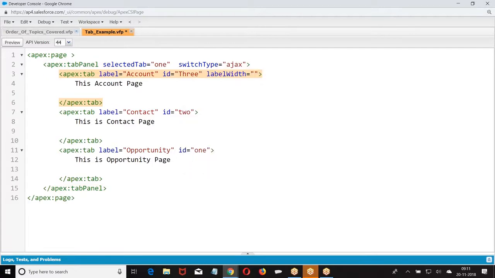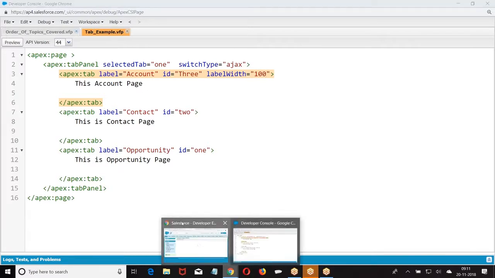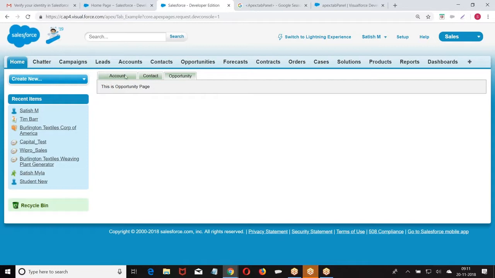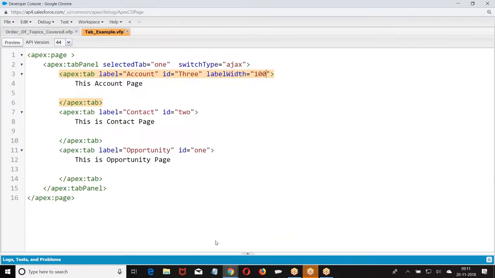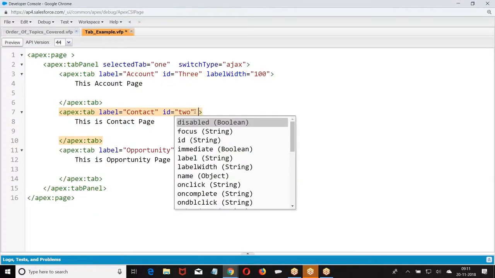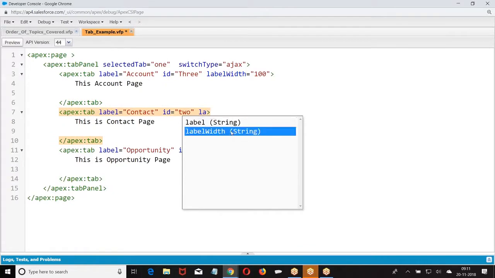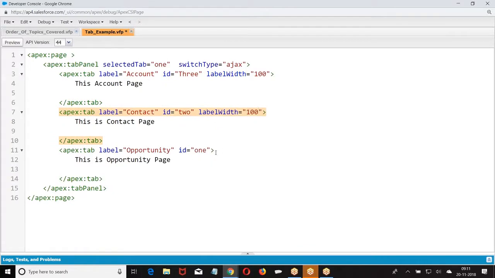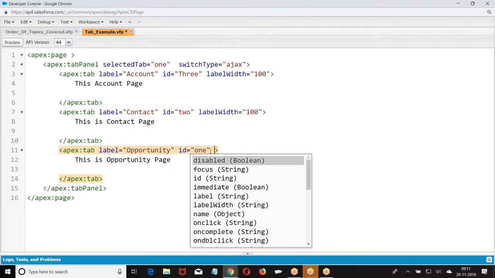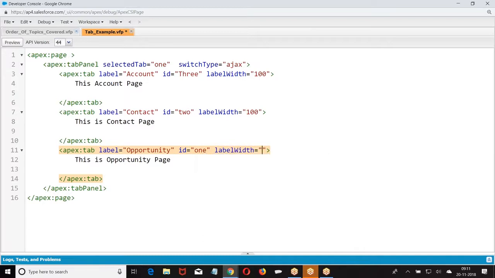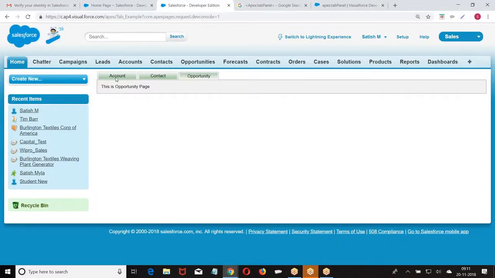Label, width of the label. This is how we got the labels. Right.